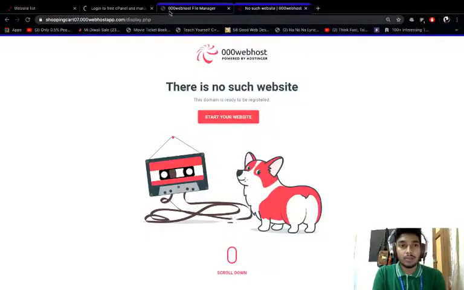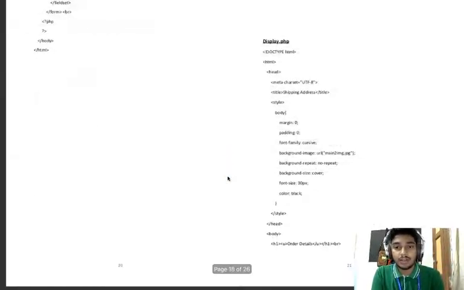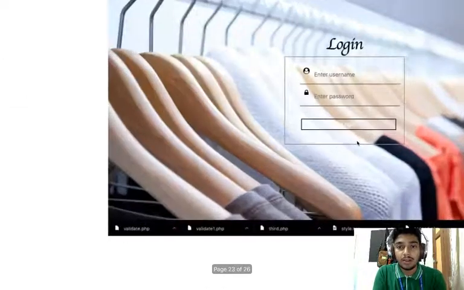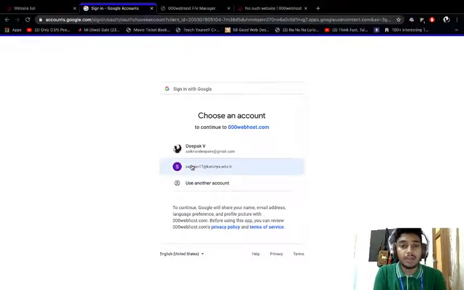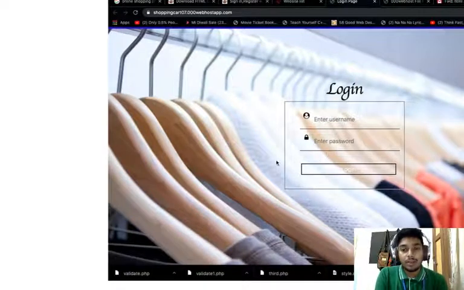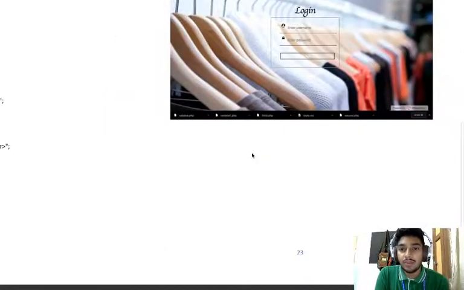As it loads, I'll also tell you about how I've used these headers and footers, and also as you could see in the background, we have this background image, right? So how do I get that background image? What I do is I give an ID or a class for this whole body tag, and then I access it by calling it in the CSS styling section, and then I say background image is equal to the URL of this image. So that's how I get this. And similarly, we have